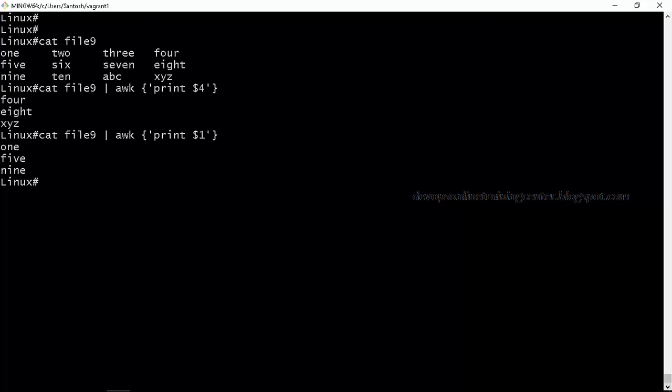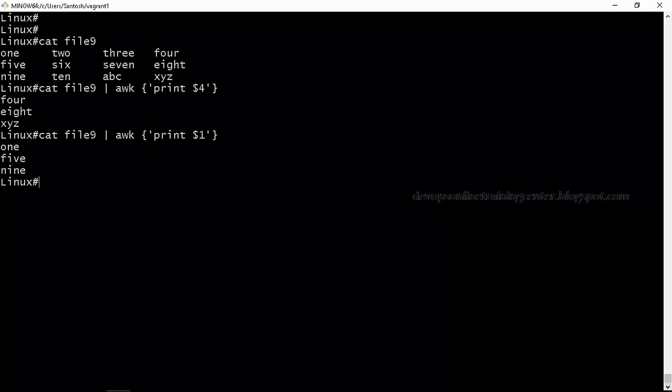In some of the automations, or while performing some database related operations, there might be a requirement to process the log files. There we may need to extract something from a file and perform something. In those cases, extracting columns and extracting rows using AWK will be useful.